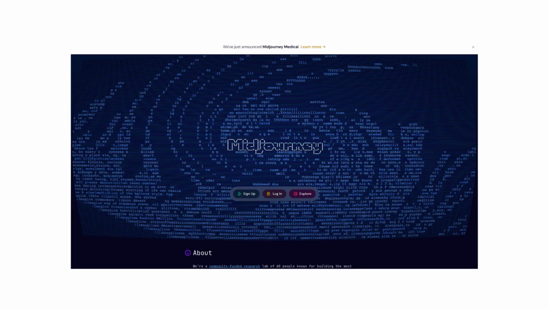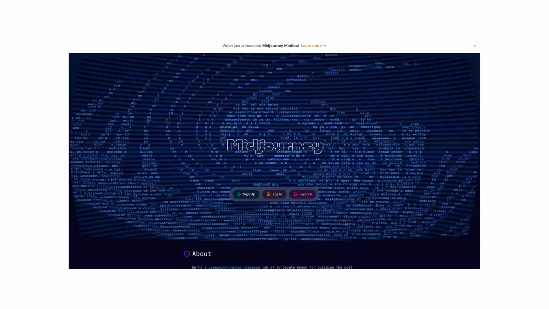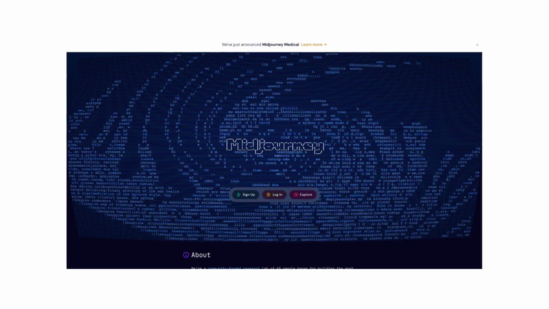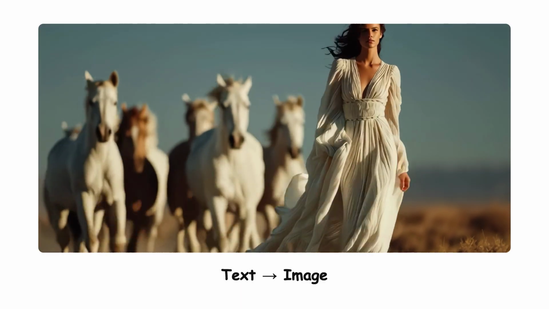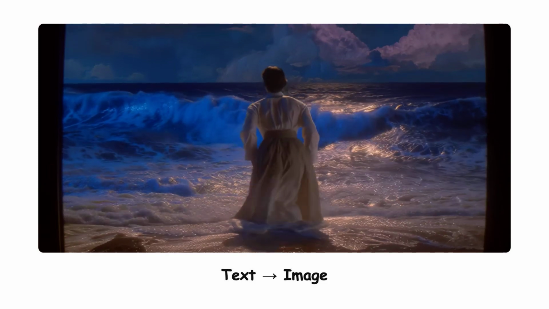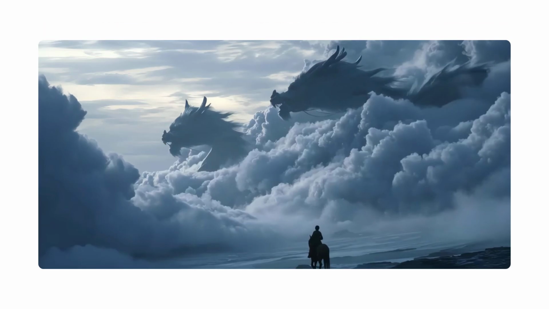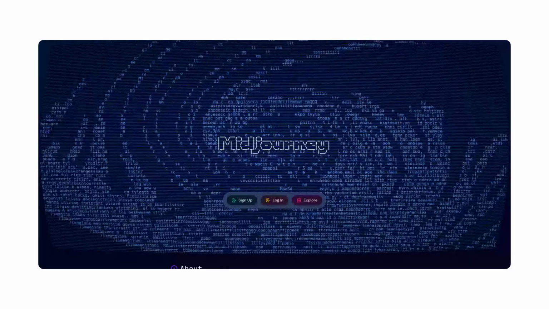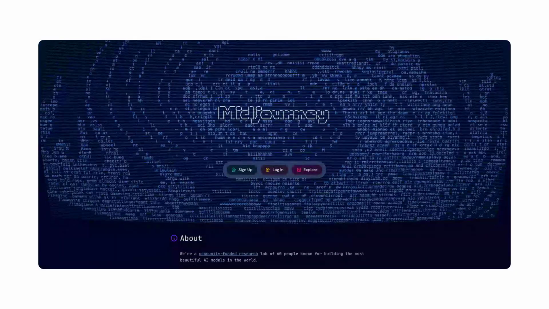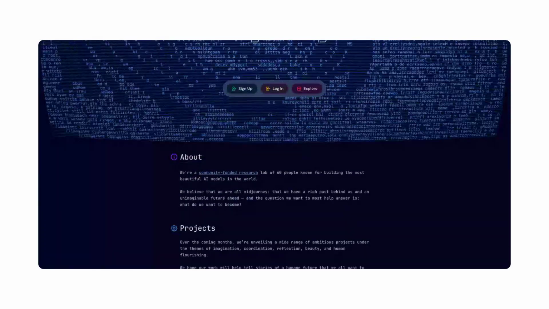Midjourney. Pure image generation. No canvas, no layers, no export to PDF. You type a description and it makes a picture. And the pictures are consistently better looking than almost anything else in this category. That's been true since around version 4, and it's still true now. The output skews toward a certain painterly, cinematic aesthetic, which is either exactly what you want or exactly what you